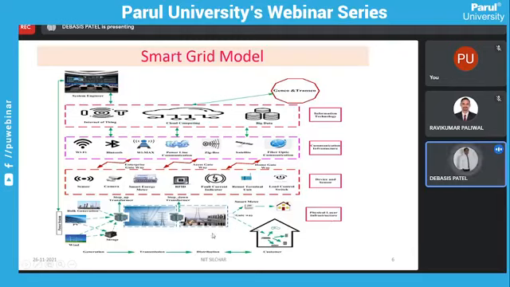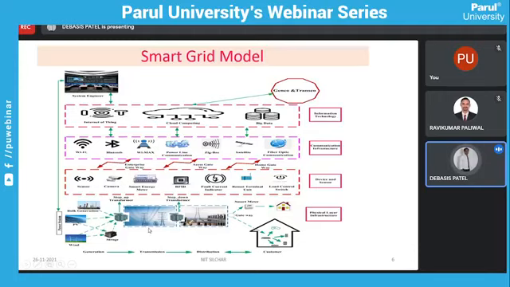Apart from that, smart devices are also used. There are smart devices like sensors throughout your physical layer. Cameras are there, smart energy meters are there, RFID is there, fault current indicators are also there, remote terminal units and load control switches are there. All these devices will sense the present condition and present status of your electrical grid.